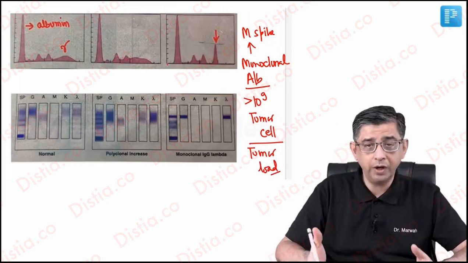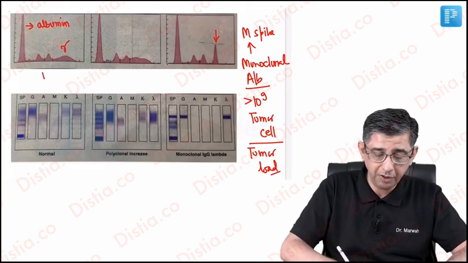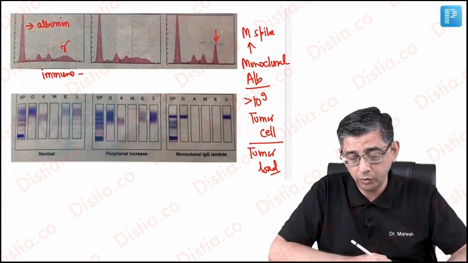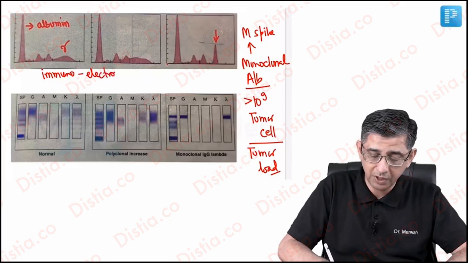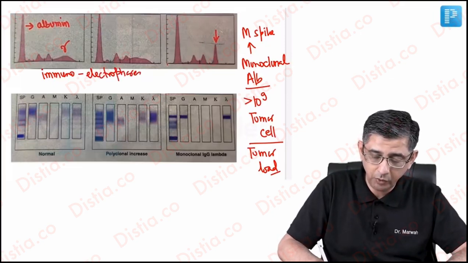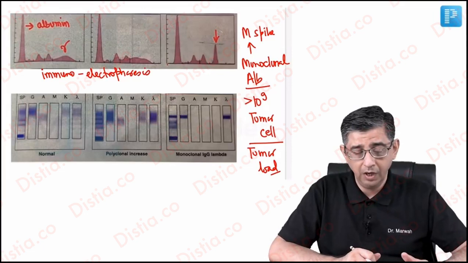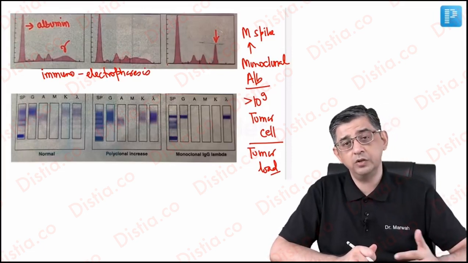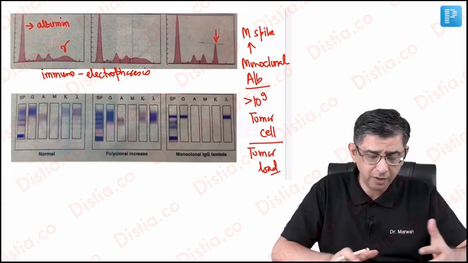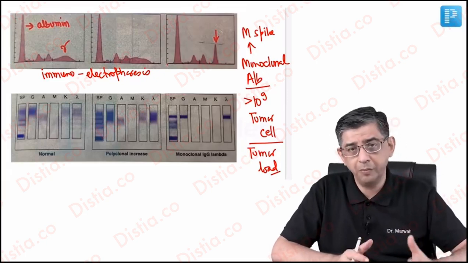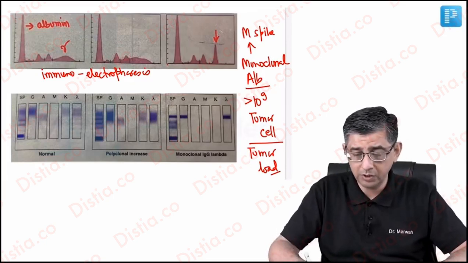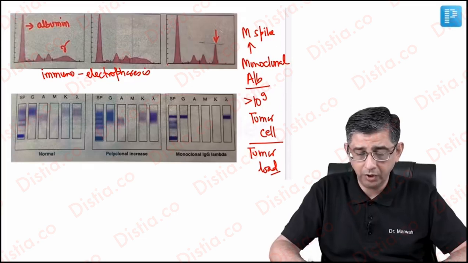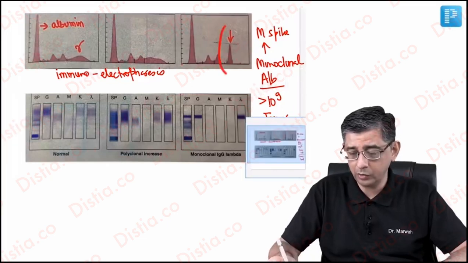And then I've shown you two techniques which you can very well identify from your background classes also. The first one, where I have shown a relatively reddish representation, would be immunoelectrophoresis. Now, electrophoresis would help you identify whether it's going to be albumin, whether it's going to be globulin. But then you have subtypes of globulin also, that is alpha, beta, gamma. So gamma globulin is obviously the antibody component, and you will notice a big spike present. You can see an arrow present here.